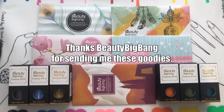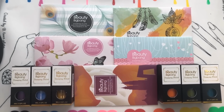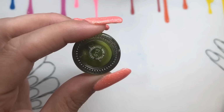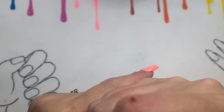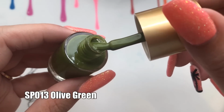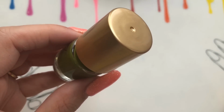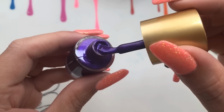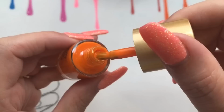So today I have some fantastic Beauty Big Bang products that have very kindly been sent to me for review. So I've got some stamping polishes as well, which I'm going to quickly show you now. These do come in a box, and you do have the code on the bottom of the bottle as well. Just thought I'd share that just in case that's something important to you. So this is a gorgeous collection of polishes that I'm just going to quickly show you